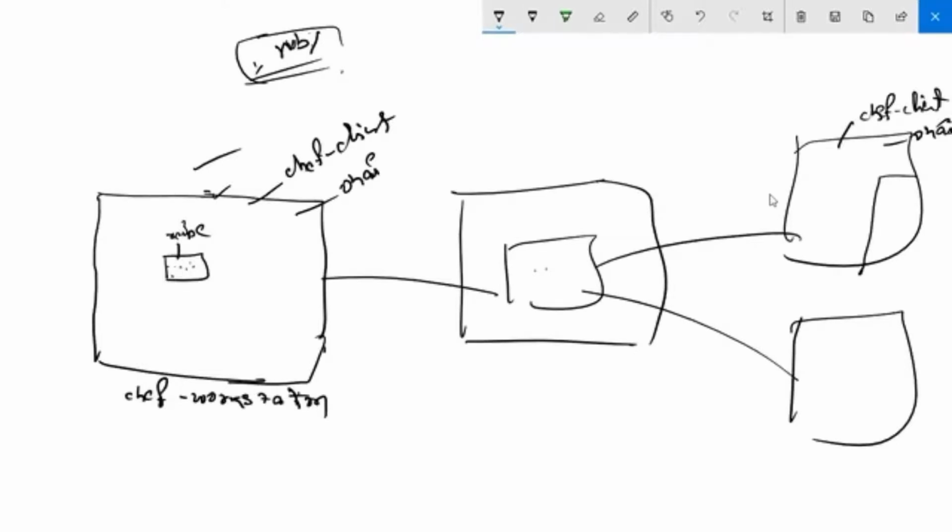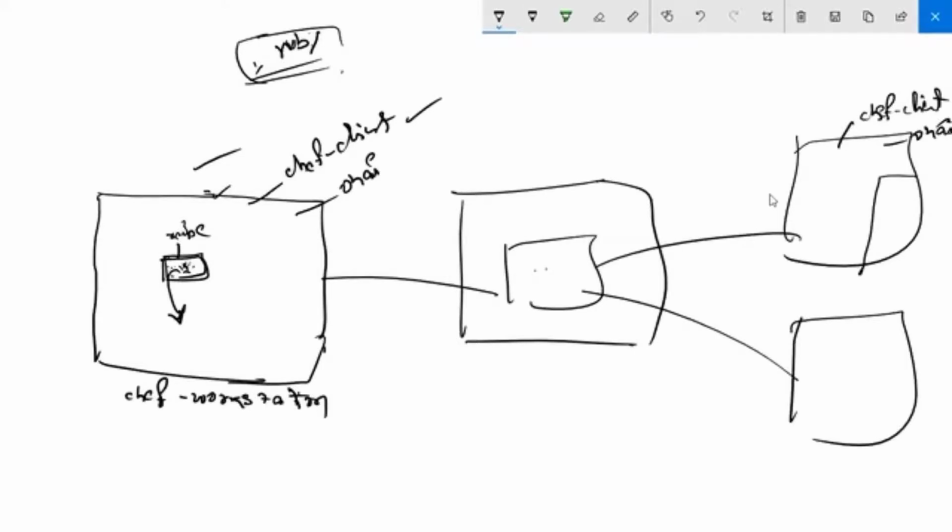So what we are going to do now, we are going to create a recipe. In this, I'll put some code, for example, to create a user. I'm just writing code to create a user. What I'll do, instead of uploading to the server and nodes, I'll apply this locally, in the same machine. That means I'll run Chef client.